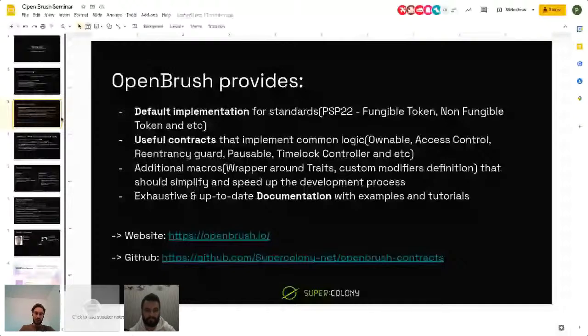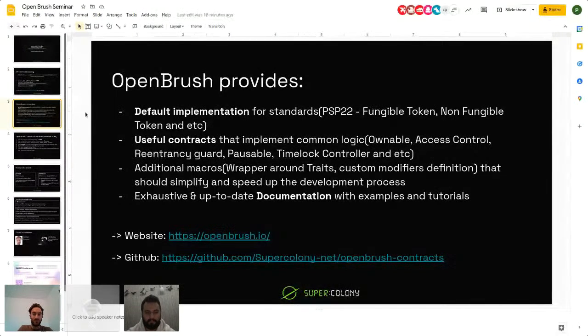About the OpenBrush library, what does it provide? Some feature list: the default implementation of standard PSP22, for example, fungible token, non-fungible token, and multi-token. For them, the standard is still in progress; it will be accepted, I think, in the coming months.